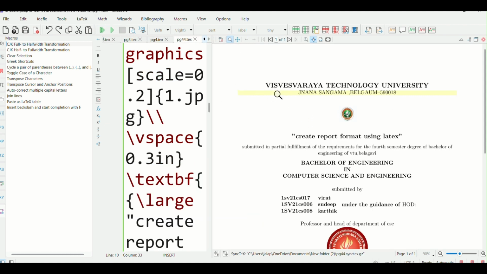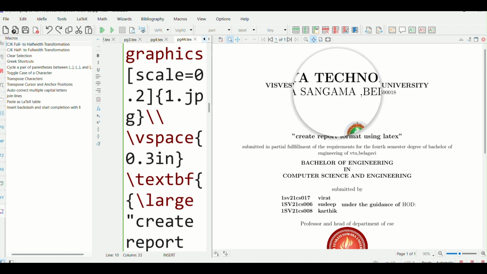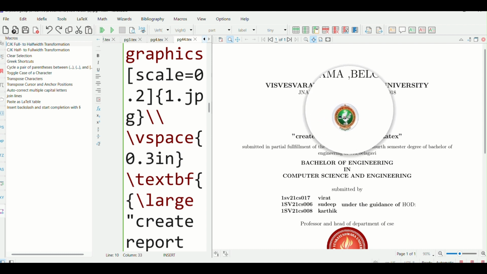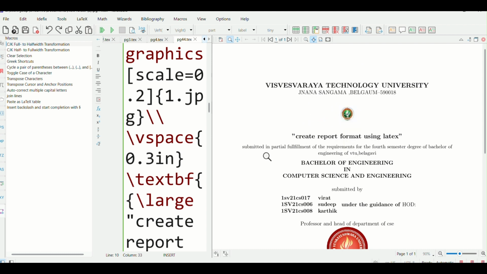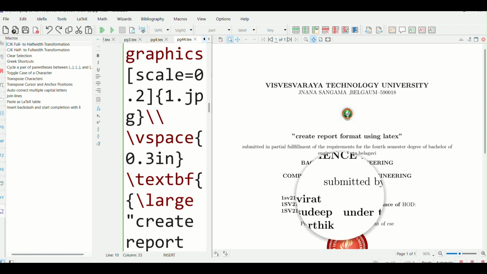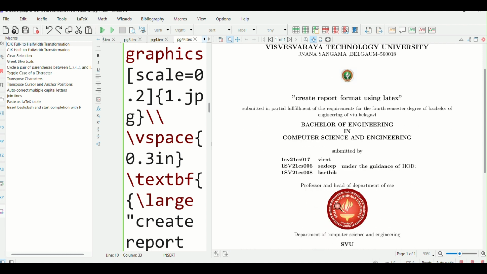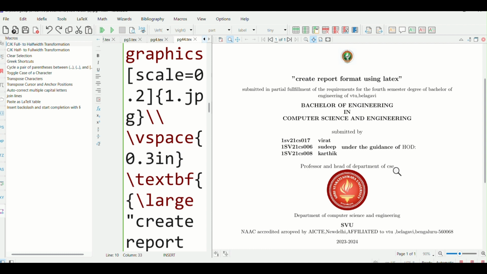To get the next sentence or next command in a new line, that's the newline command. This is how we get our output after running the program. As I have mentioned, we used the large command to get Visvesvaraya Technological University in a bolder format, after which Jnana Sangama is in bold format but not as much as VTU, which I have mentioned as the main heading. Then in the same order we got the logo,